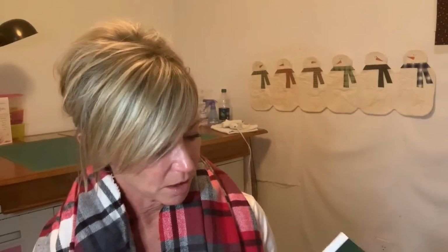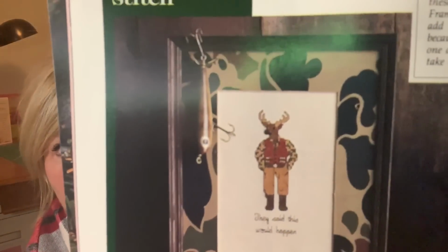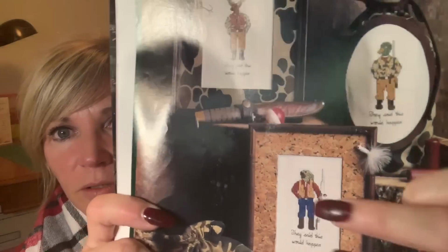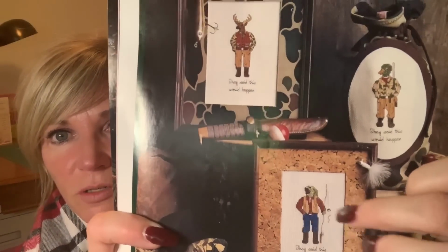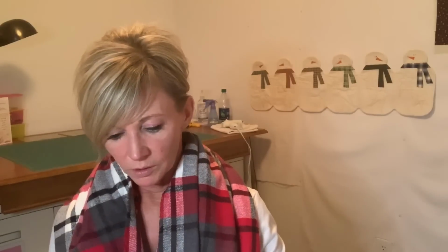And this is from October of 1988. So 30 years old here. But I thought these were cute. It says, they said this would happen. The deer turned into a hunter, the duck turned into a hunter, and the fish turned into a fisherman. And I really wanted it for this chart. Oh my gosh. What's this one called? It's called,